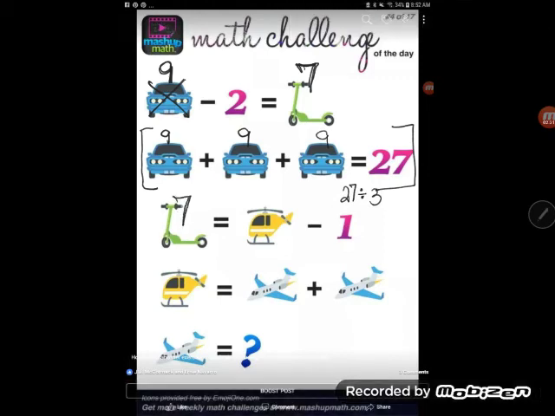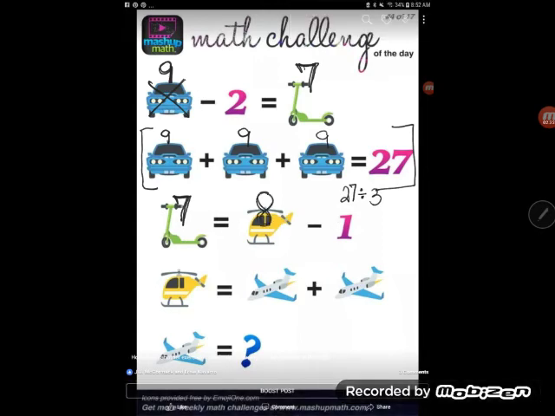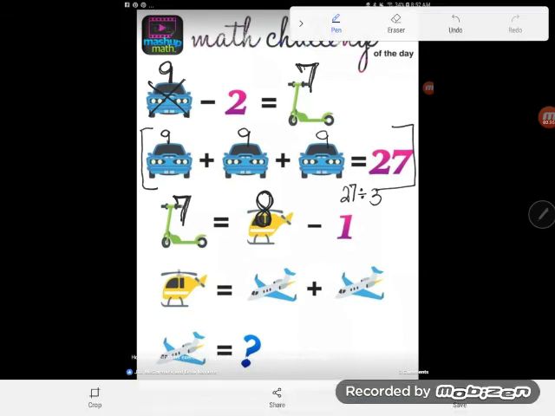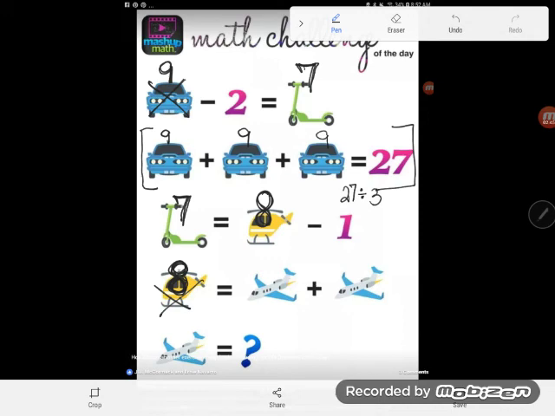So let's come over here. That green scooter is 7. So I'm saying here 7 is equal to some number minus 1. Well, I know what number I could take away 1 from to get to 7. It'd be 8. So the helicopter here must be worth 8. And so everywhere I see a helicopter, I can replace it with the number 8. It's not a helicopter anymore. Now it's the number 8. That's known as substitution, by the way,